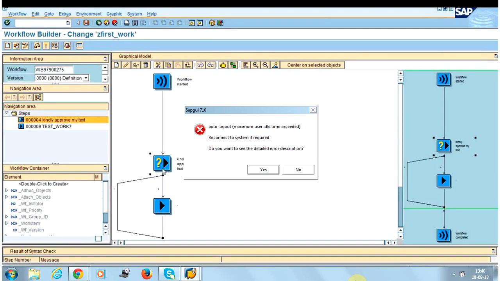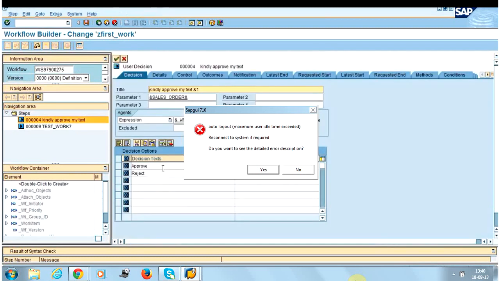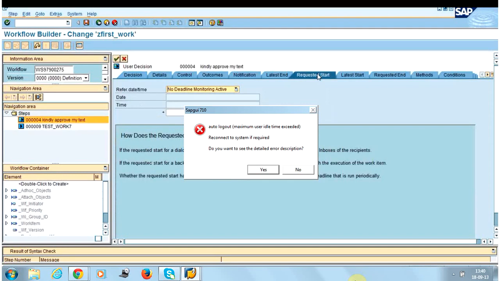So, this wait step work item ID actually doesn't appear in the inbox of the user. Whenever you have defined one wait step, which is waiting for an event to get triggered, once that step gets executed, one work item ID is generated at runtime, but it doesn't get displayed in the inbox of the user. The abbreviation is E.